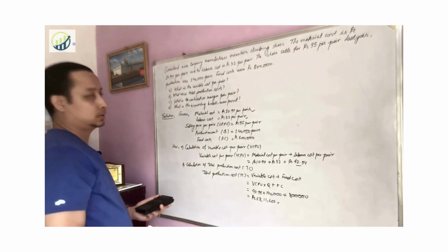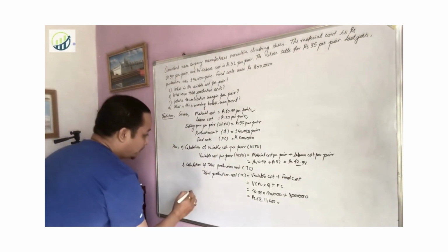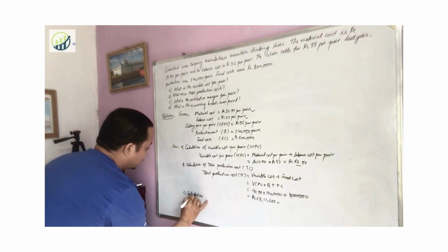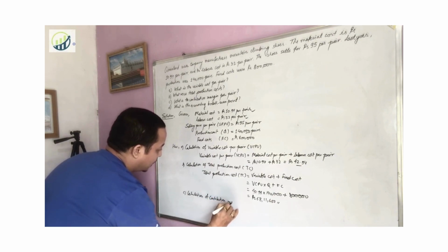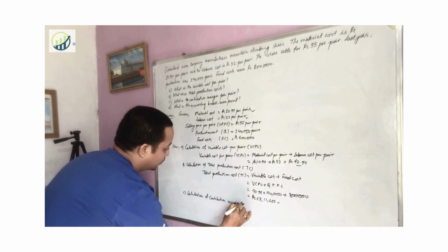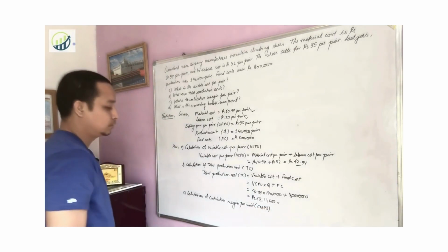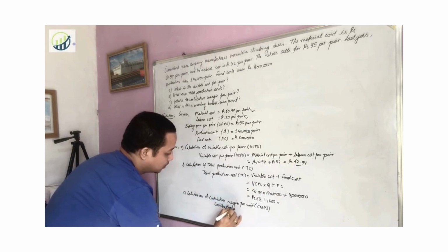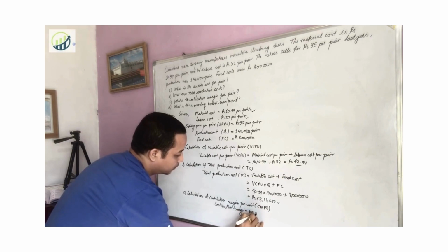Now after finding total production cost, you have to find contribution margin per pair. So now see, calculation of contribution margin per unit, CMPU. So contribution margin per unit